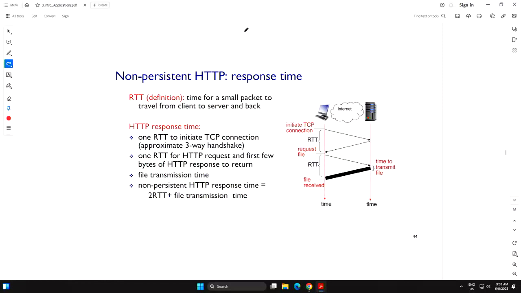So, I would like to introduce two terminologies, non-persistent and persistent. These are just terminologies, but I will explain why they are so important and what we mean by persistent and what we mean by non-persistent. Both of these terminologies arise from the interactions with TCP, the transport layer below HTTP. HTTP on its own cannot go and fetch an object. It can request an object.